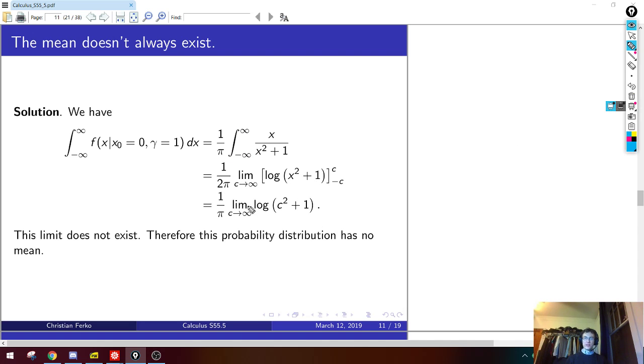So the quote-unquote answer you would get is 1 over pi times the limit as c goes to infinity of log of c squared plus 1, which is again undefined. So, regardless of how you compute this thing, you're going to get something which is not a nice, well-defined numerical answer. So, anyway, the upshot is, if you remember nothing else, remember that the Cauchy distribution does not